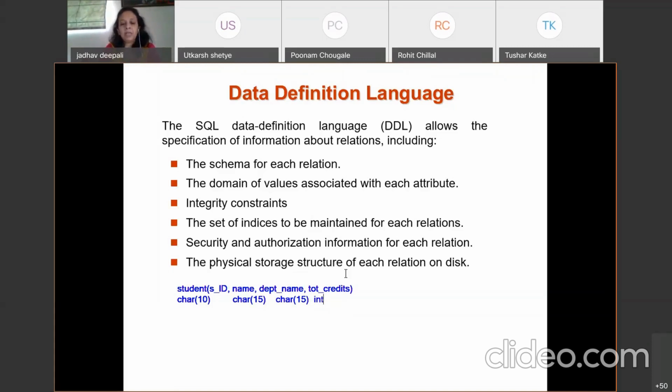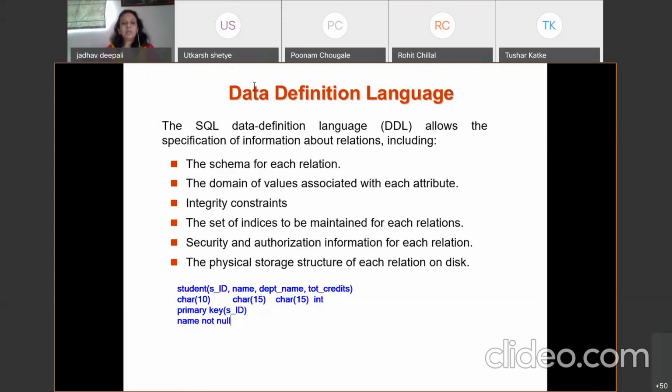language. Now integrity constraints. What is the first integrity constraint we can define here? The primary key: student ID, SID, is the primary key of the student relation. Another, you can say name not null. Name should not be null, meaning every time we insert a value for name, it must be there. A null value is not allowed for the name.